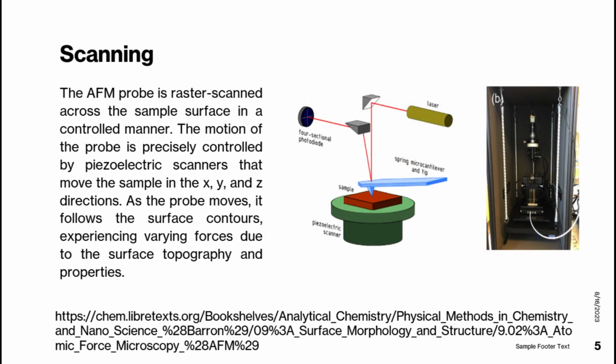Scanning. The AFM probe is raster scanned across the sample surface in a controlled manner. The motion of the probe is precisely controlled by piezoelectric scanners that move the sample in the X, Y, and Z directions. As the probe moves, it follows the surface contours, experiencing varying forces due to the surface topography and